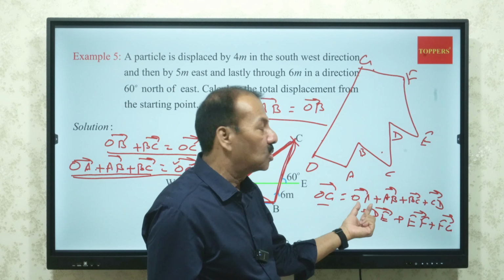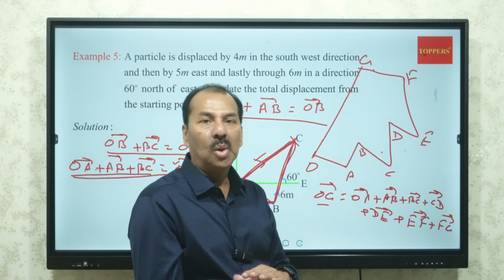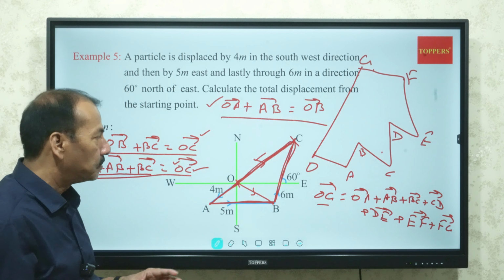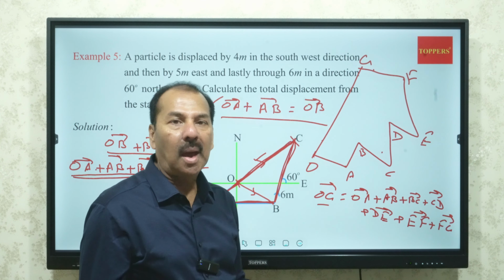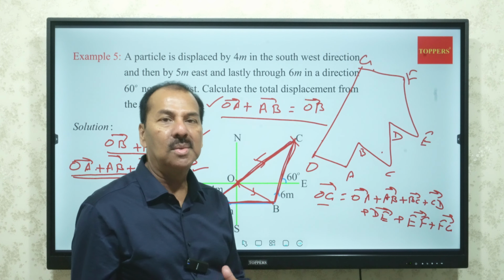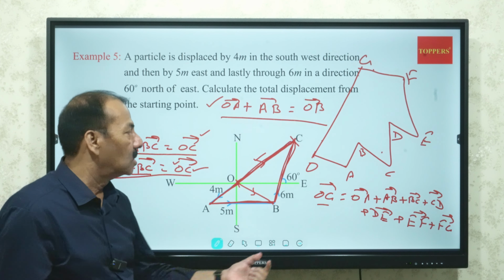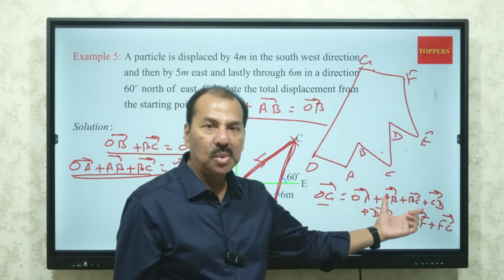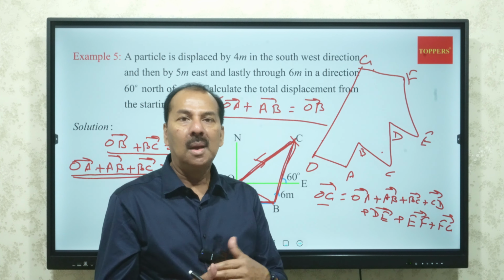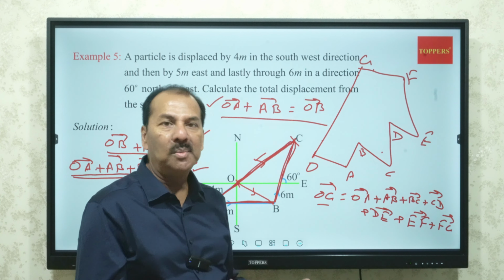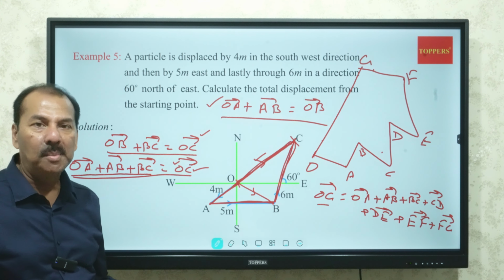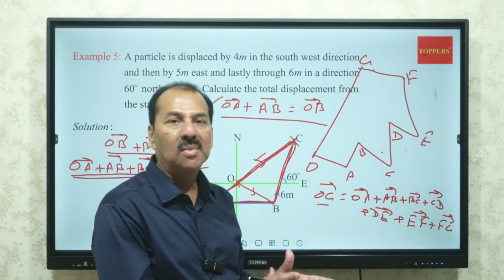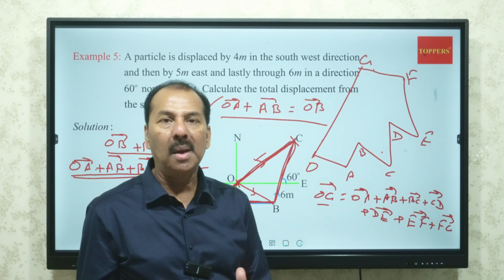To calculate the value of OA, AB, BC, CD, just resolve them along the x-axis and y-axis. If it is 3-dimensional, then along the z-axis. Use the unit vectors i and j: i along the x-axis, j along the y-axis, and k along the z-axis. So replace all these vectors with these i, j, k unit vectors after resolution. Once you get that i and j and k, just add them or subtract them with their proper sign. If they are with the plus sign, they will be added. If they are with the minus sign, they will be subtracted. And finally you will get the components i, j as well as k,